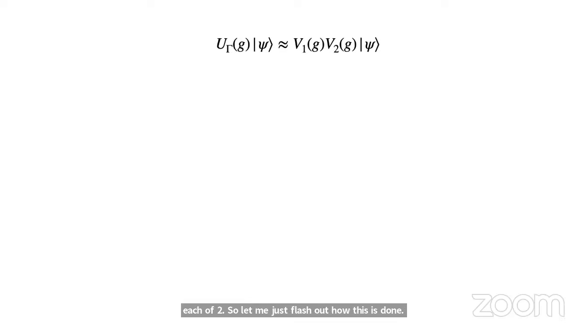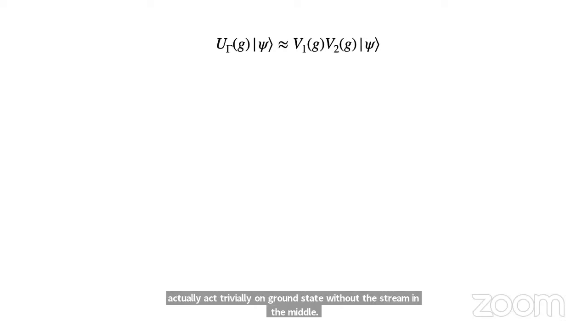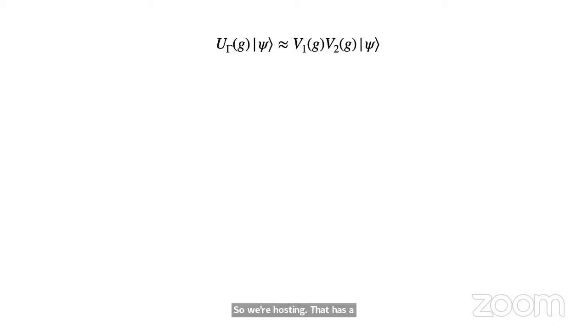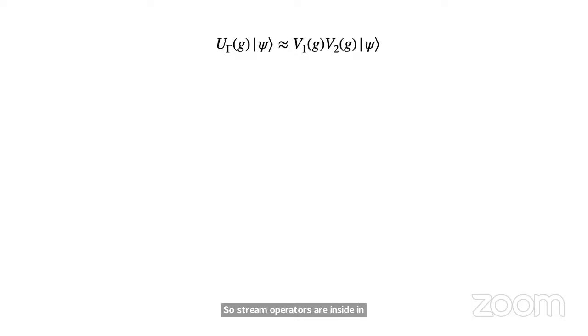Since you have the symmetry localized at the end of the strings, what's the importance of this string operator in the middle? I mean, it's a symmetry, right? So these two unitaries don't actually act trivially on the ground state without the string in the middle. It's only the whole thing that has a long range order in some sense in the ground state. If you take a different group element, you have a different local unitary. The 1D string inside the interval commutes with the Hamiltonian.